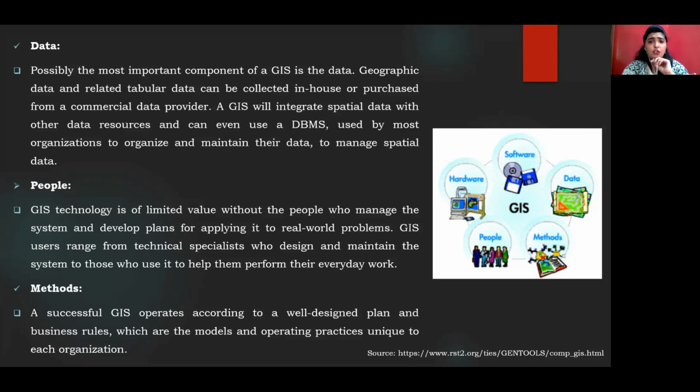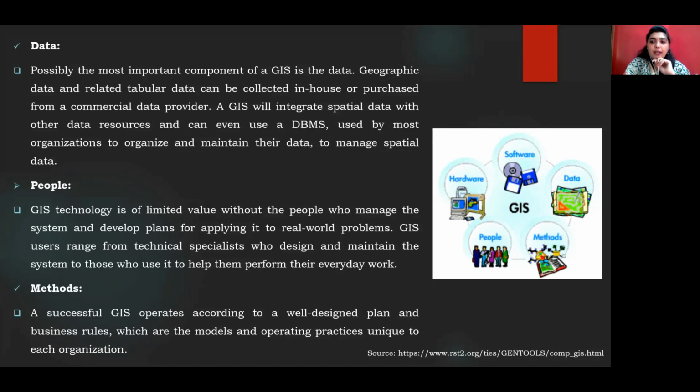Civil engineers will not know that they need to have a title, the north arrow, and the legend in a map. They'll just draw something and give it. They don't know whether we have to draw it to scale or not. What kind of scale do we use? Because their systems will be different, our systems will be different. So that kind of specialized people we do require when it comes to using these hardware, software, and data for GIS.